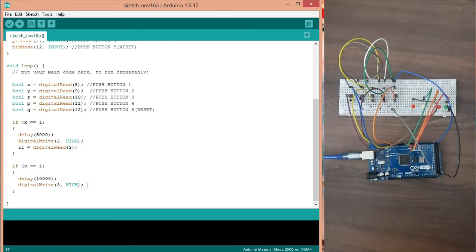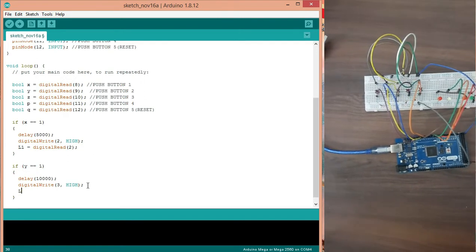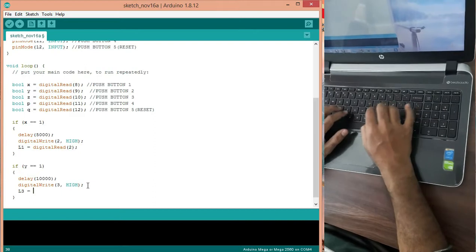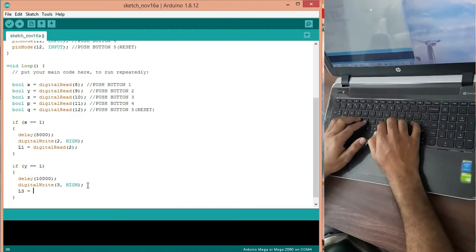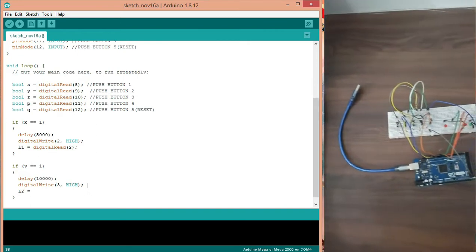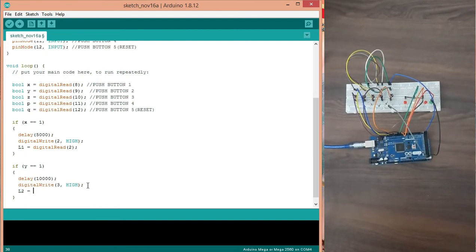Again, when pin number 3 gets high, we are going to store this value in bool value L2. For that, we are using the digital read function.